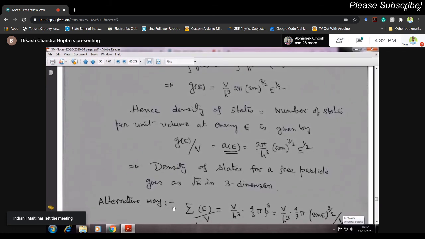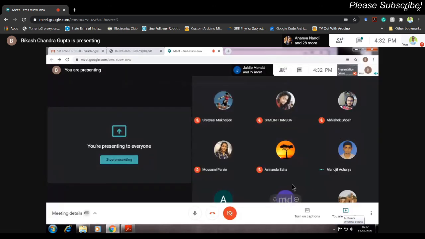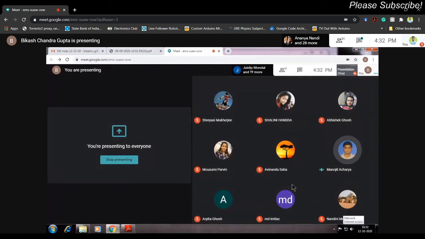স্যার বলো। মনোজিৎ, হ্যাঁ বলো বলো। স্যার বলছি ওই ইন্টিগ্রেশন d to the power 3n p, ওটা স্যার মানে ওটা কি করতে হবে? ওটা কি এমনি 4 pi p squared dp to the power 3n করতে হবে? You know the n dimensional surface কি করে করতে হয়? হ্যাঁ স্যার, ভুল হয়েছে স্যার। হ্যাঁ স্যার ঠিক আছে।